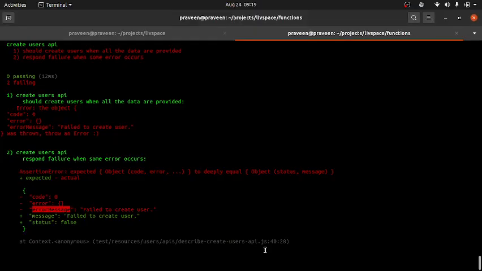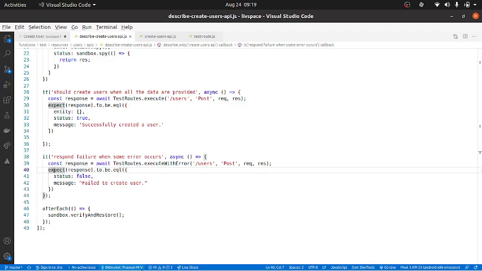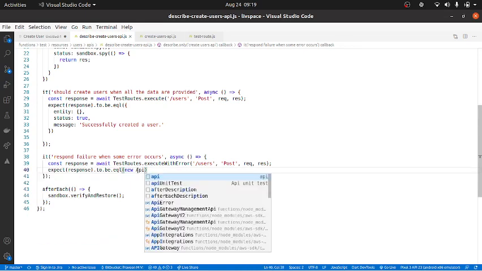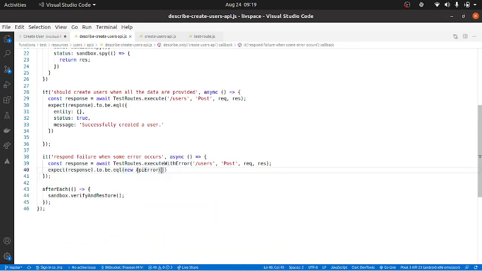This is the thing. So status is false, failed to create user, and that will be error message. Okay, it is basically trying to get an error message, and it's not the actual response. So here it will be new API error, and code will be 0, and error will be nothing, and the message will be failed. Let me see if I have the failed to create user. Wait.